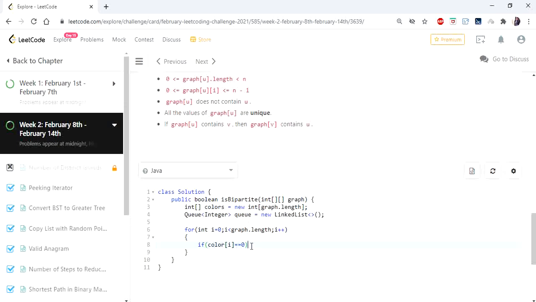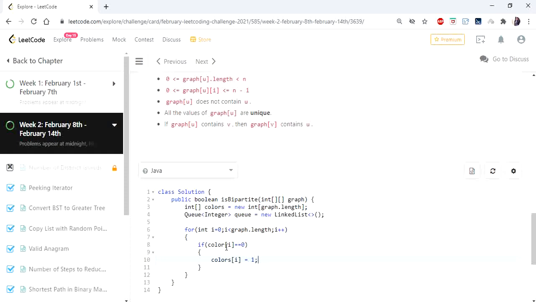So first I'm checking if the color is 0, then only we are going to change the color or traverse the node. If not, we are simply going to compare and skip. So once the color is equal to 0, it is not colored, we are going to color it with green. We are simply going to put its color to green set.